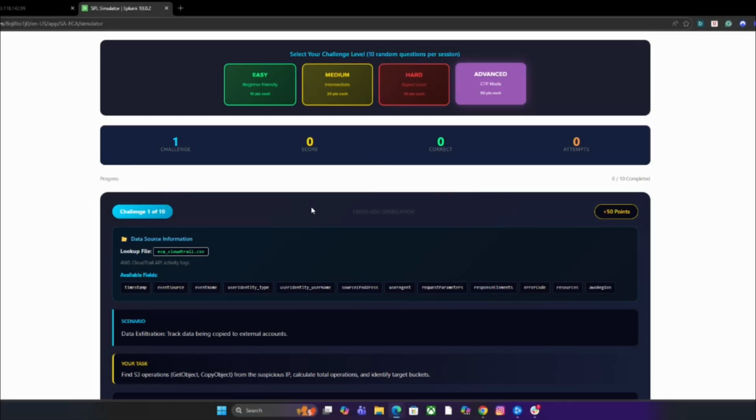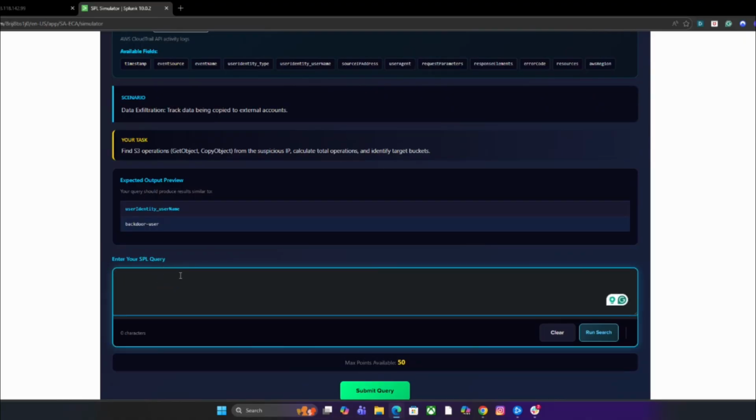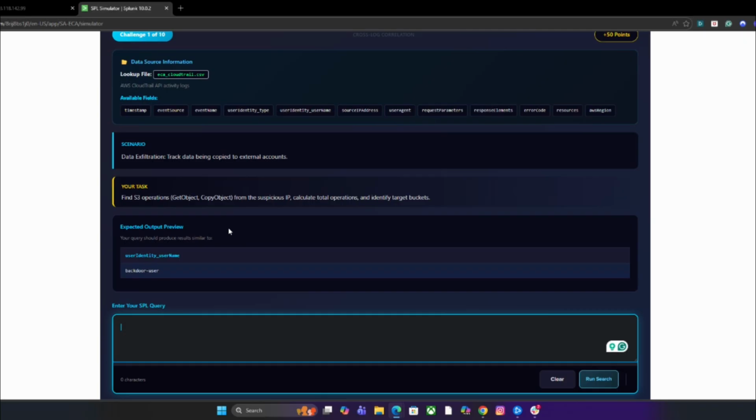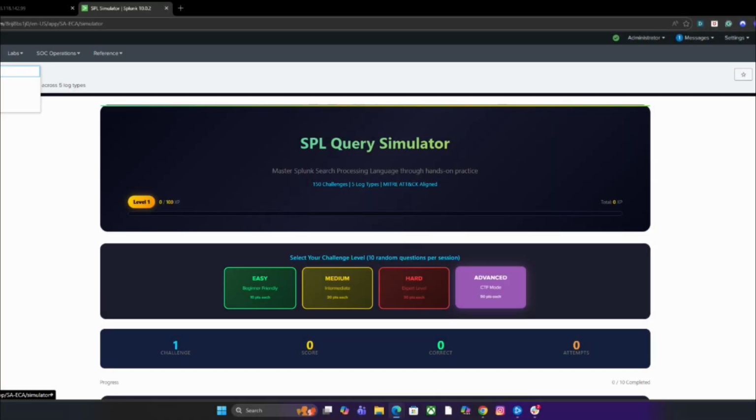Also add a CTF one as well. This is the most advanced one we've had so far. So there's no extra help or hints for this, and this is just at your own pace. This is what you'll have to solve. So this is very, very hard, as it should be. This will really help to test your skill sets for generating SPL queries, running investigations, doing threat hunting, doing incident response work. And the last one was